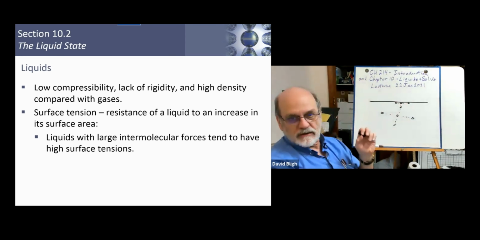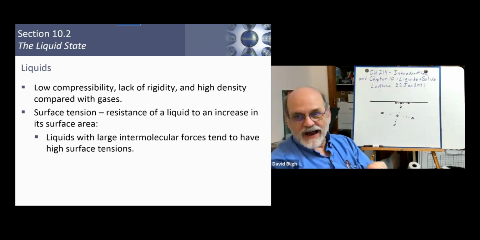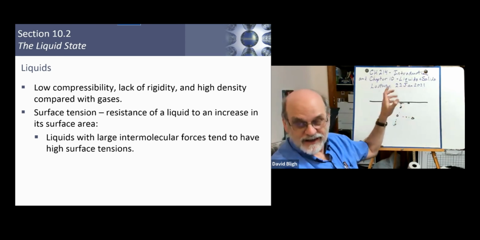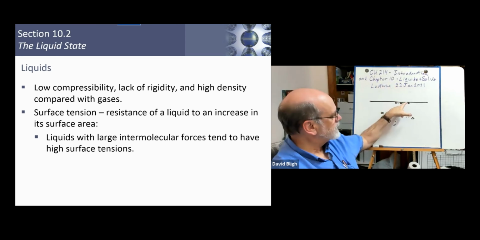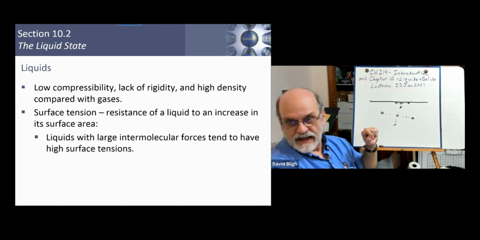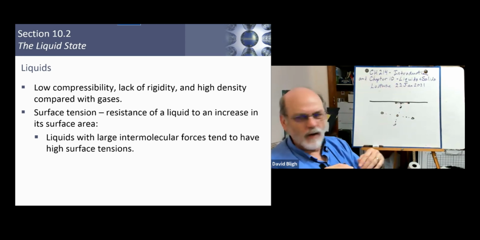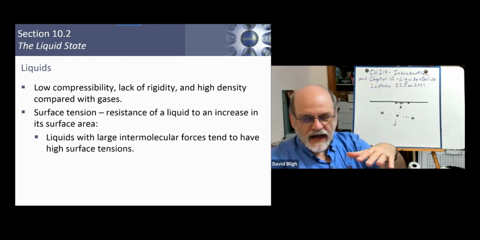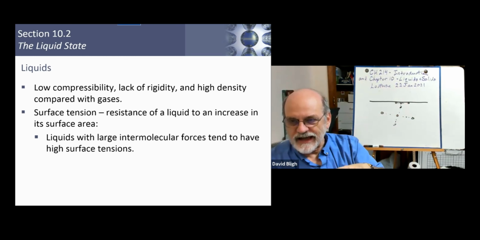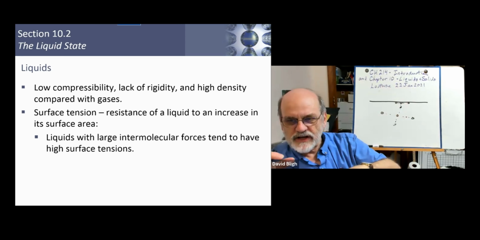Any attraction, and you don't lose the attractive ability of a molecule just because it's at the surface. It still has the strong attraction, and it's got to attract something. So the attraction here at the surface is stronger than it is below it. And it causes almost like a film at the surface. If you take a nice dish of water and you let it settle down for no vibrations, and you don't live in an earthquake zone, and then you take a needle